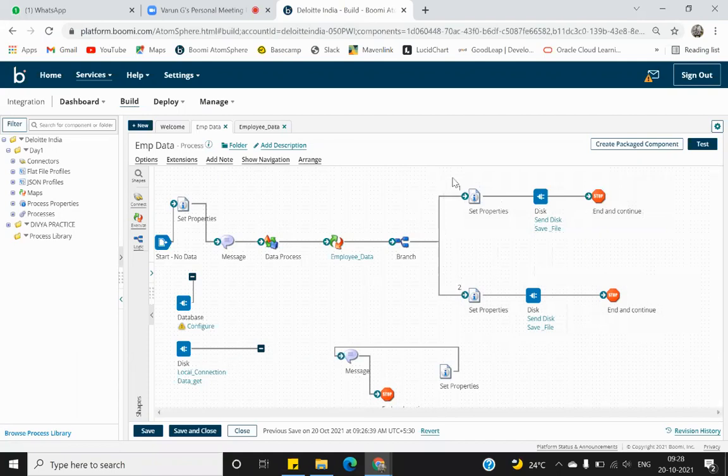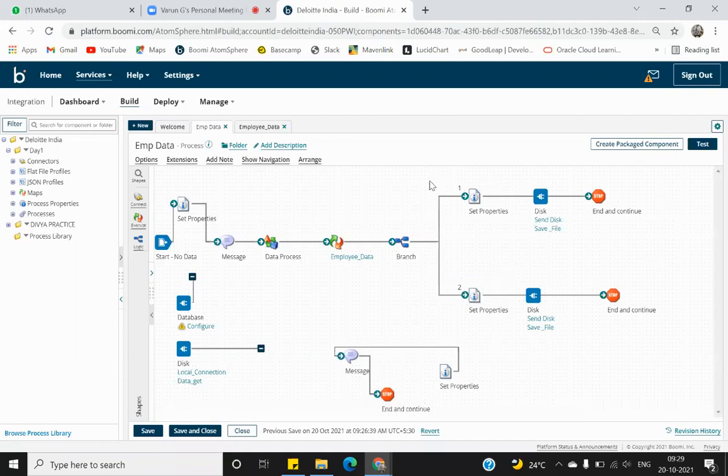And even if you set a dynamic process property, you cannot retrieve it on branch 1 if you are setting it into branch 2. With branch, what I told yesterday is your first path will always be executed first. So if you are setting a DPP that you have to retrieve in branch 2, you have to set it on branch 1 itself.